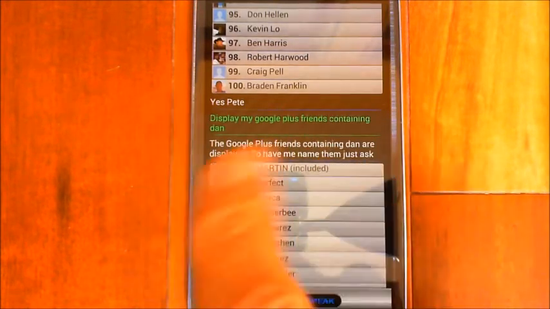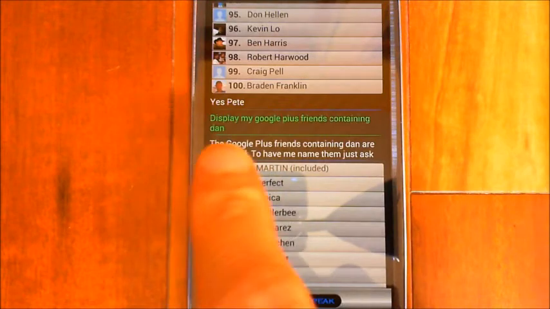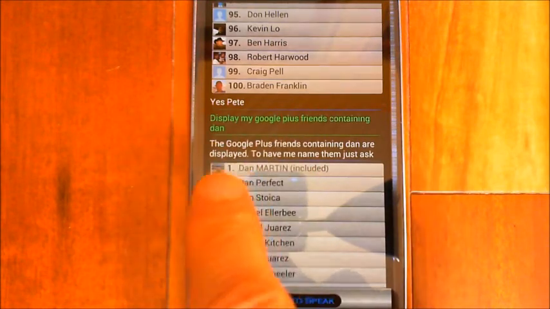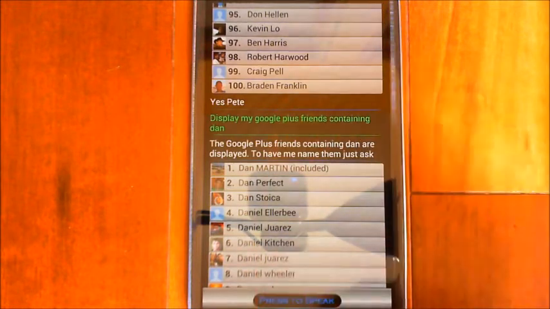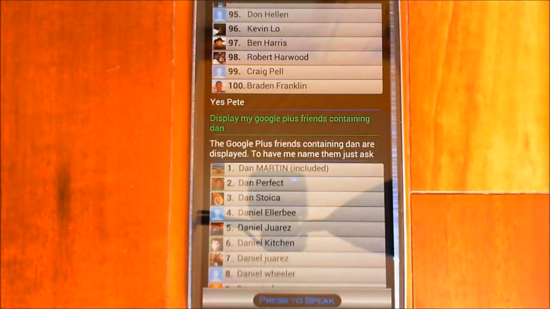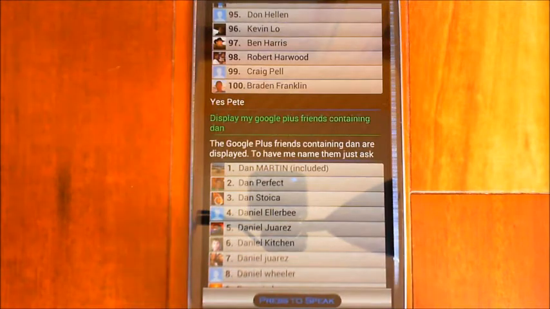You could always open the keyboard and type that phrase in specifically if you had a certain word that you wanted to put in there that the voice recognition is not going to pick up. So anyway, those are all the ones that have Dan in the name. Again, you could swipe on there. So once you've done that,